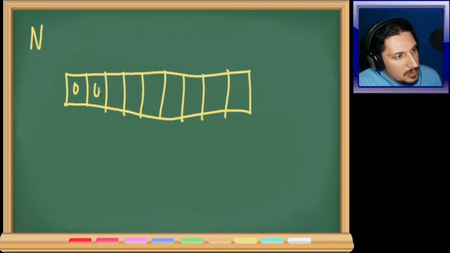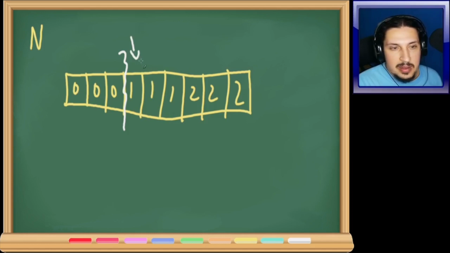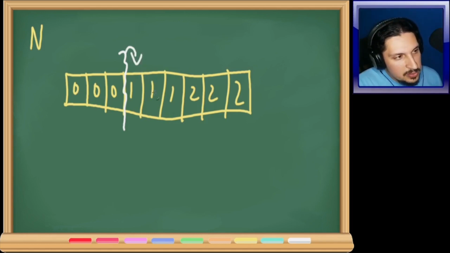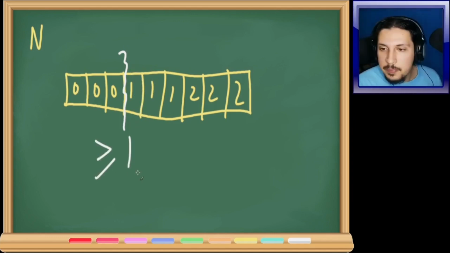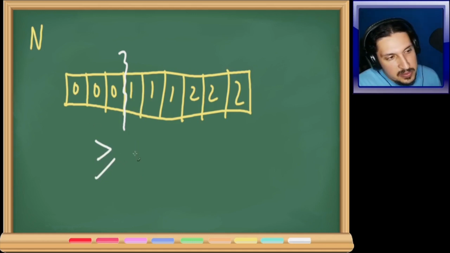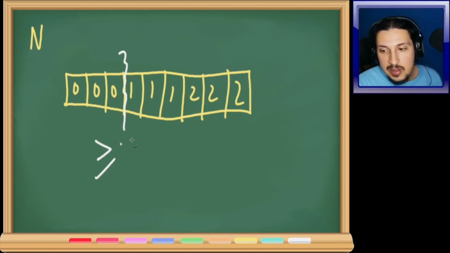So you know that there are some zeros, then there are some ones, there are some twos, and we want to find the cats. And by definition, you might identify the first cat with the index of the first cell. If you use the right cell to identify a cat, then the first cat is the index of the first cell that is greater than or equal to 1. The second cat is the index of the first cell that is larger or equal than 2. The third cat is the index of the first cell that is equal or larger than 3,